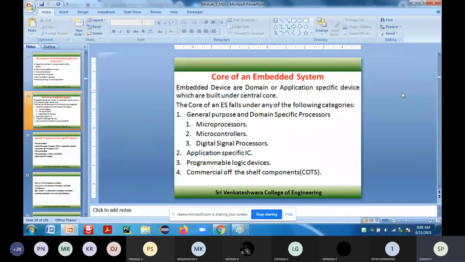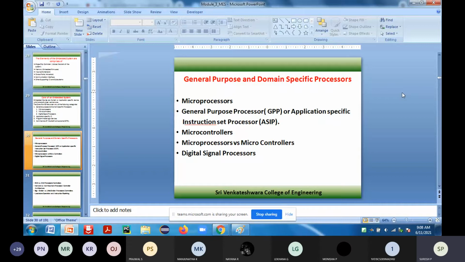The fourth type of core which you are going to have is commercial off-the-shelf components. Okay. So next, when it comes to the general purpose and domain specific processors, we'll discuss one by one. Here we are going to have microprocessors. Next, we are going to have the general purpose microprocessor, which you use in your day-to-day life in your normal computers, or it may have the ASIP, that is called application specific integrated